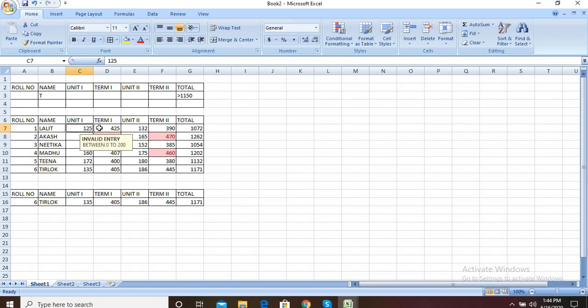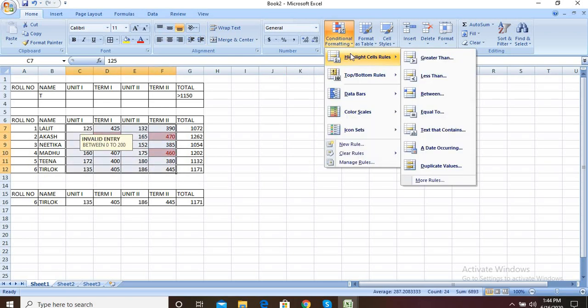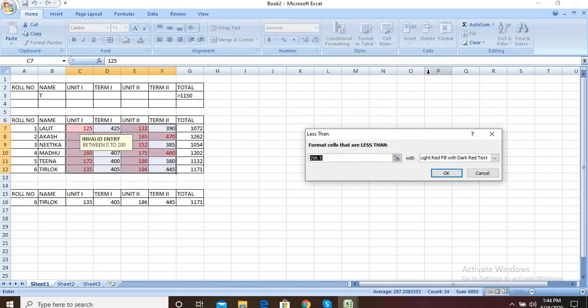Now next condition. Apply the next condition: conditional formatting, highlight cell rules, less than. Less than what? If the marks is, for example, less than 150. Okay, marks is less than 150.